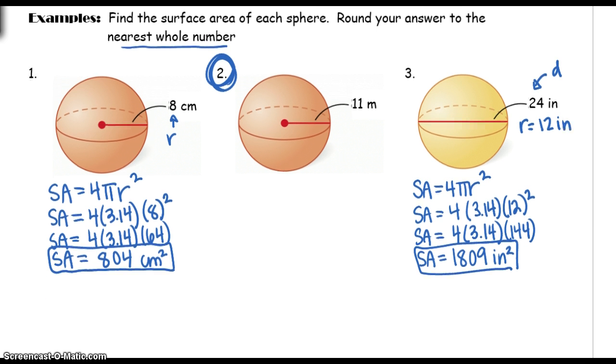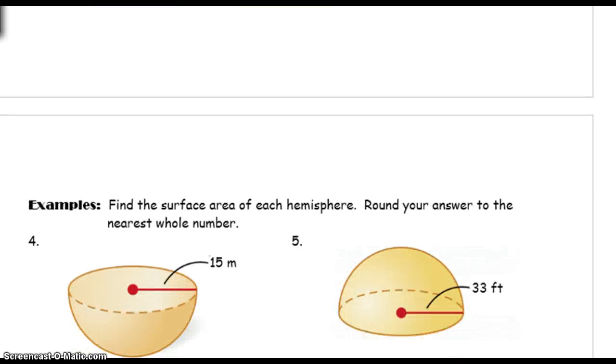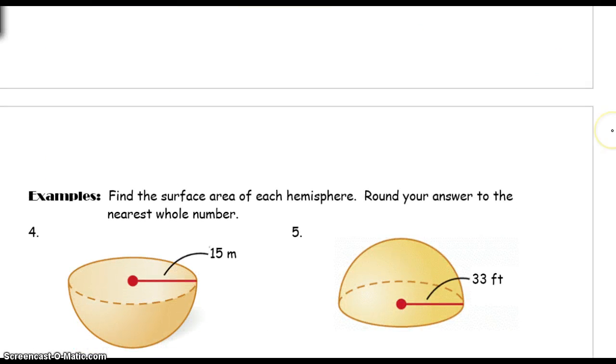I'm going to go ahead and move on to finding the surface area of the hemisphere. Now you would think that finding the surface area of a hemisphere would just be half of whatever you get for a sphere. But that's actually wrong, because what happens is, and you don't need to write this down, so I'm going to write it in red. What happens is, if we have this sphere that we break in 2, so pretend this is a sphere and I break it in 2, we have now exposed this new part, and that would be called the base of your hemisphere,